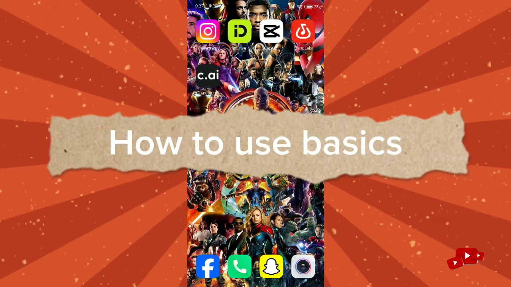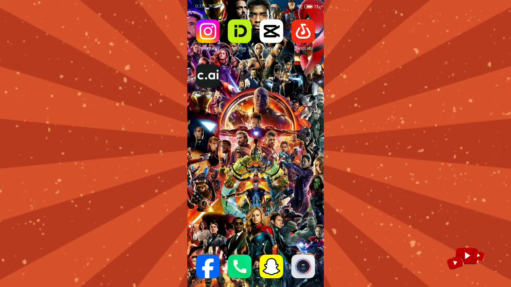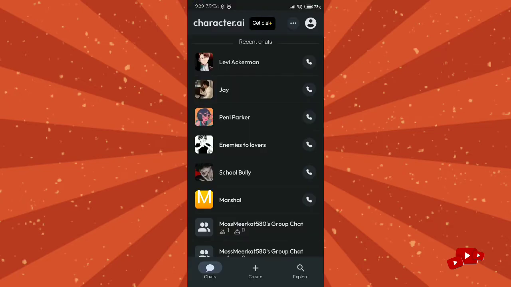Today I'm gonna show you how you can add two bots in Character AI. First, open Character AI on a device and make sure you have logged into your Character AI. If you have logged in, you can see this interface and you can see the create option over